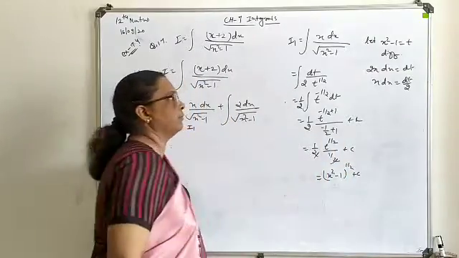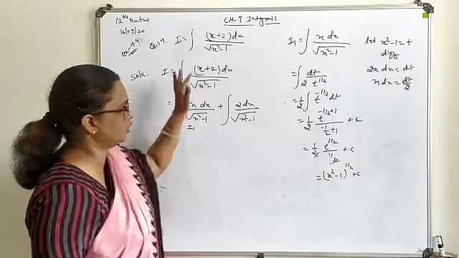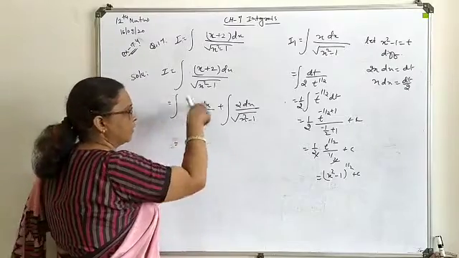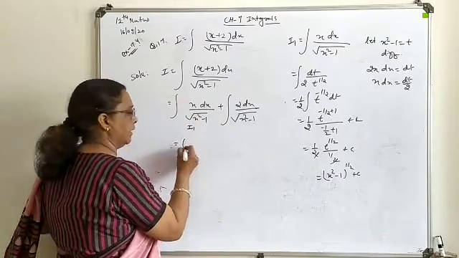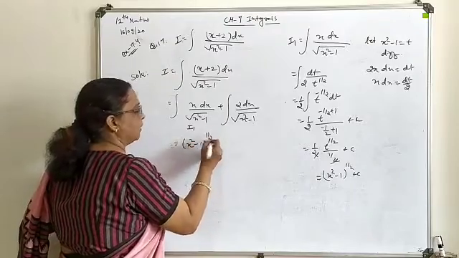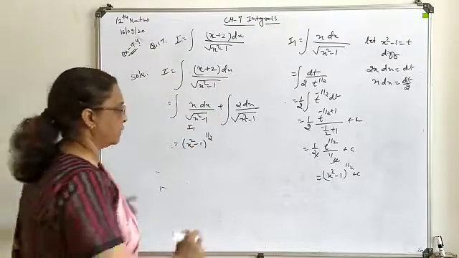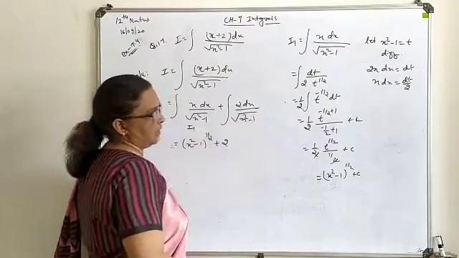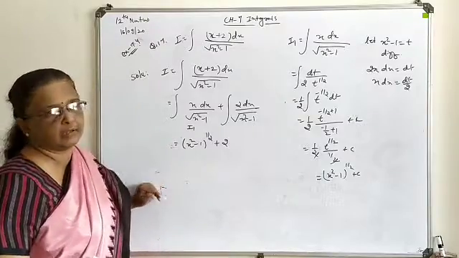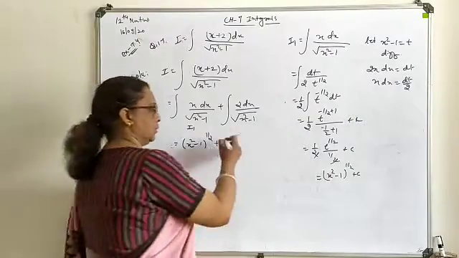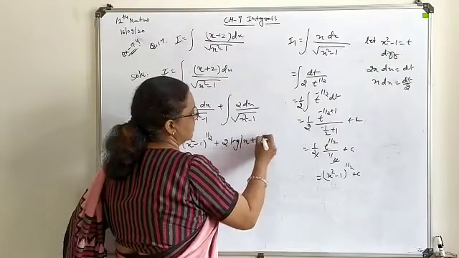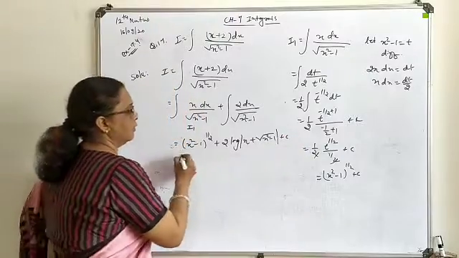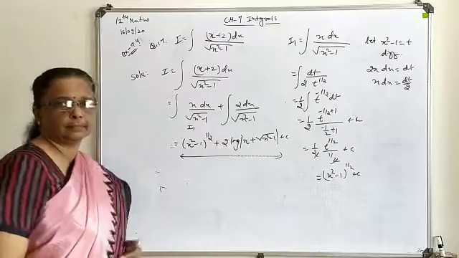So this is the integration we have as the I1 part. As the solution is already written aside, the integration of this I1 part we can write directly as x square minus 1 with power half. The constant we will add at the last. Now the second thing, this is 1 upon under root x square minus a square form. With reference to that we have a direct formula, that is log of x plus under root x square minus 1, and this is the constant. So this way this will be your final answer form.